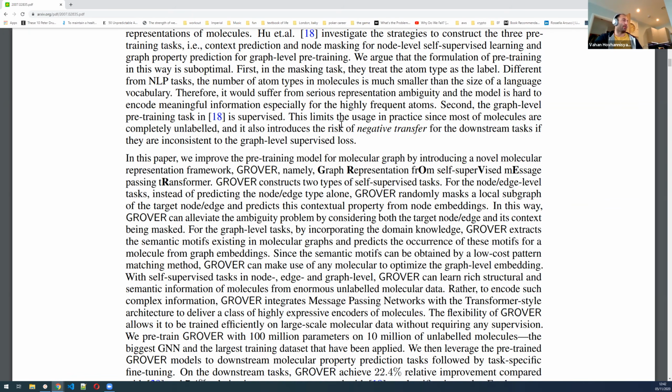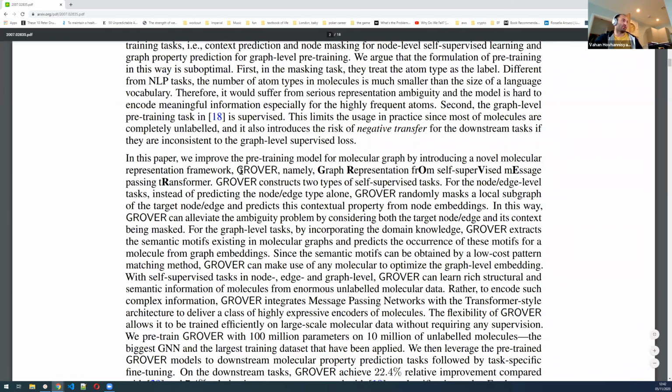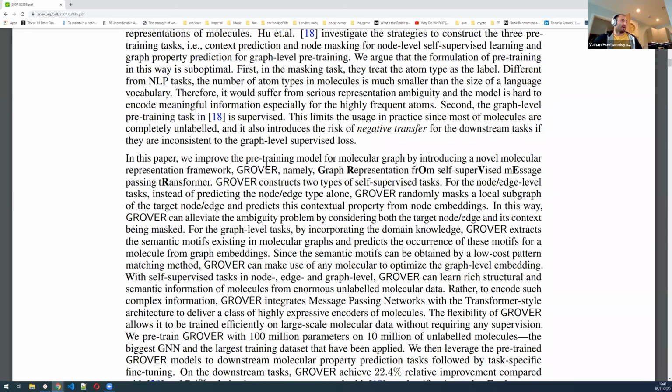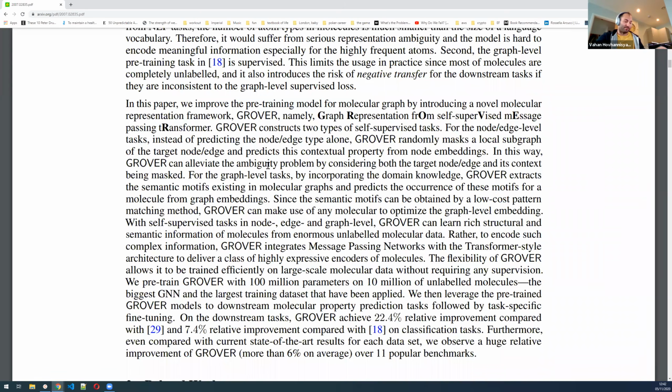Okay. So now the fun part. The algorithm is called Clover, but as you can see, they don't really know how acronyms work. So there is a long name, and they just somehow made up a cool Clover name. But the idea here is that we will do 2 types of self-supervised tasks here. Again, one is for node level, the other one is for